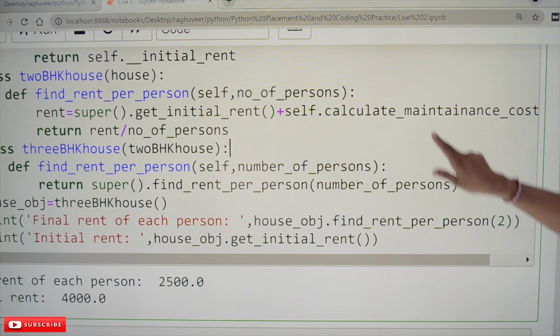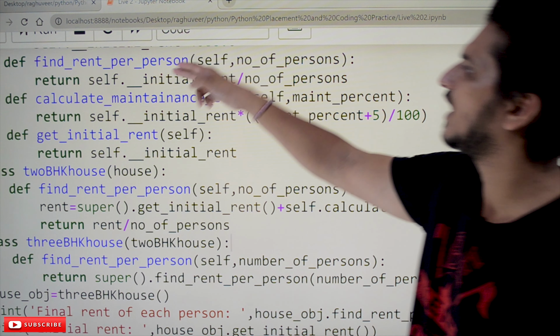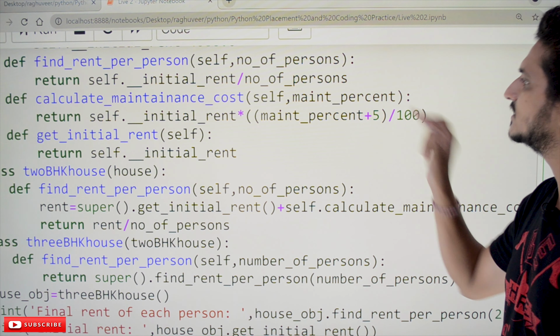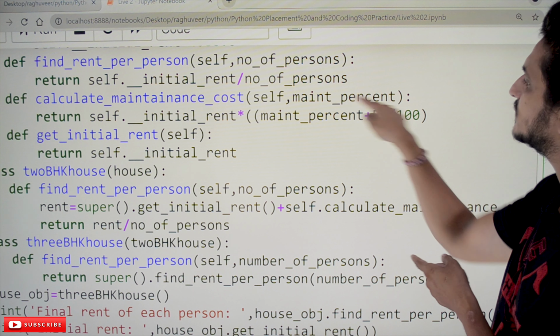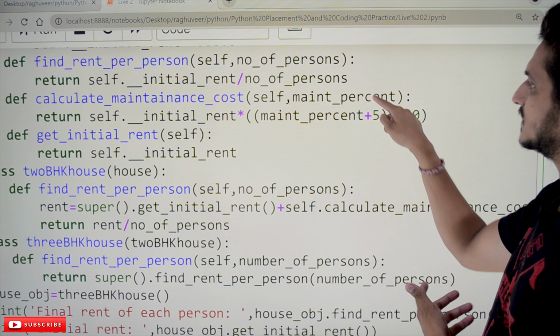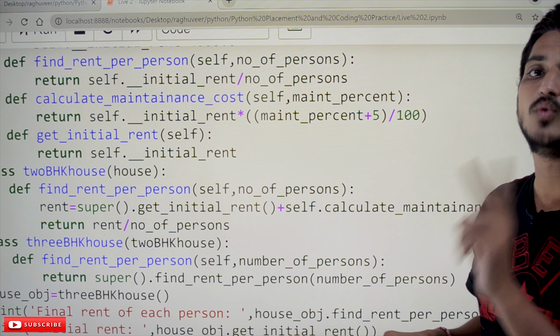What does calculate maintenance cost do? It is there in the above method: calculate maintenance cost of self comma maintenance percent. The maintenance percent is 20.